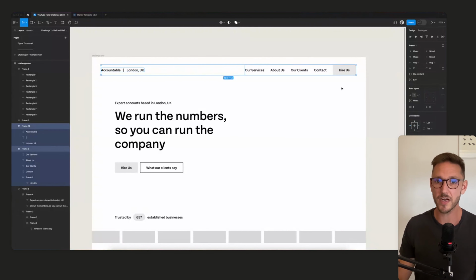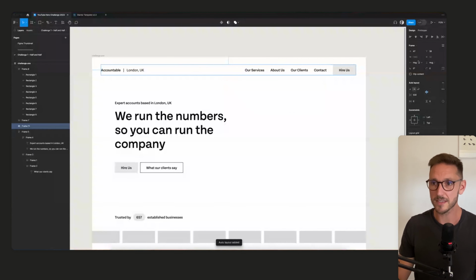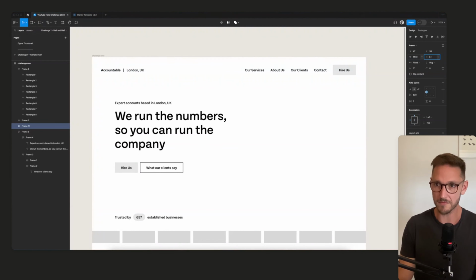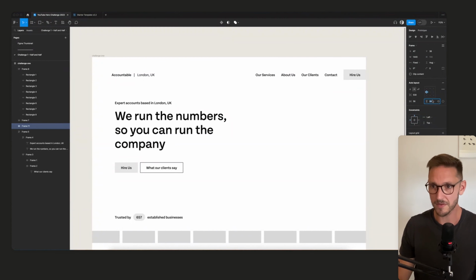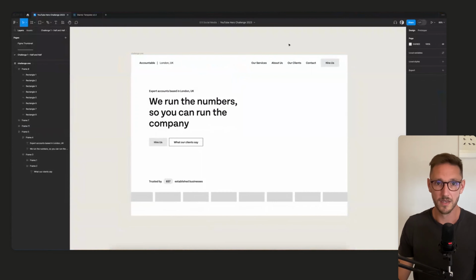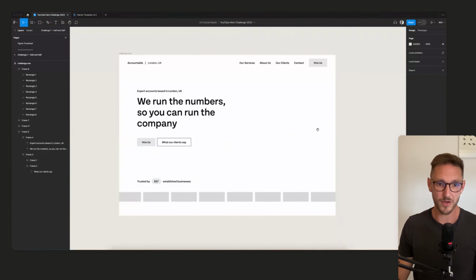So I'm going to grab the left and right group, auto layout. I'm going to set it to a fixed width of 1440. I'm going to give it some top and bottom padding, 24, I guess. And then left and right, I'm going to go 56. Then I'm going to double click here, space between. And then I can select it, center it, and pop it at the top. So this is looking pretty cool.